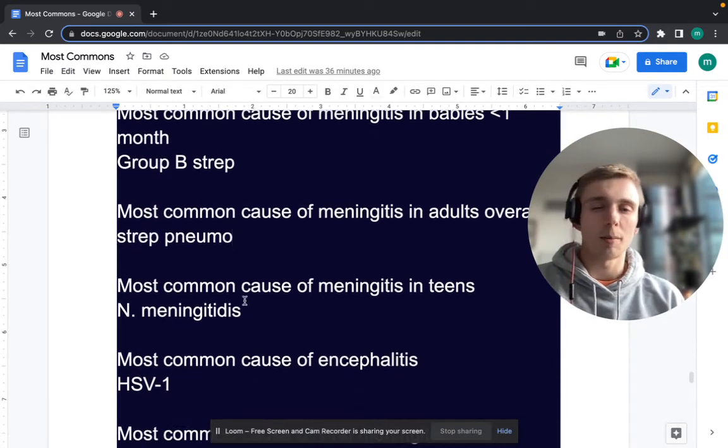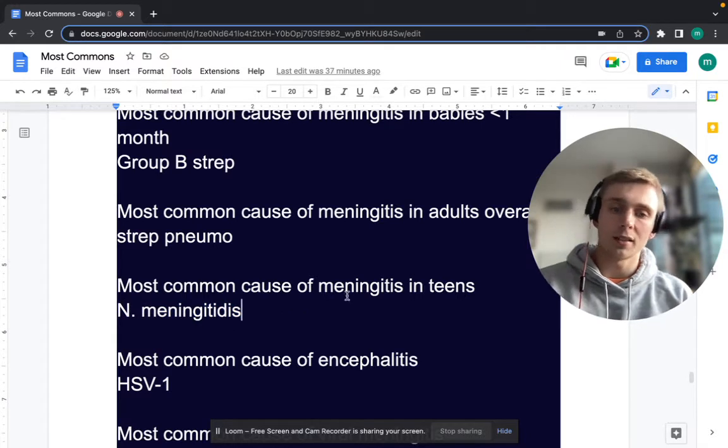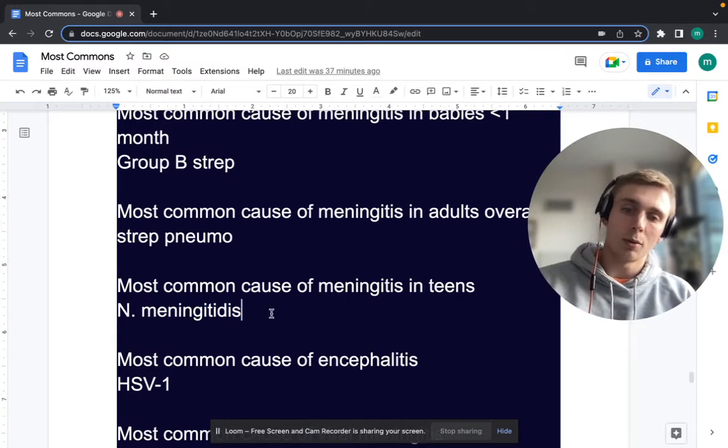How about the most common cause of meningitis in teens, ages 10 to 19 especially? And what if they also have a rash? Meningitis in teens ages 10 to 19 with a rash, you want to think of Neisseria meningitidis. Remember Neisseria, gram-negative diplococci. Neisseria meningitidis is the most common cause of meningitis in teens, and we need to treat with our